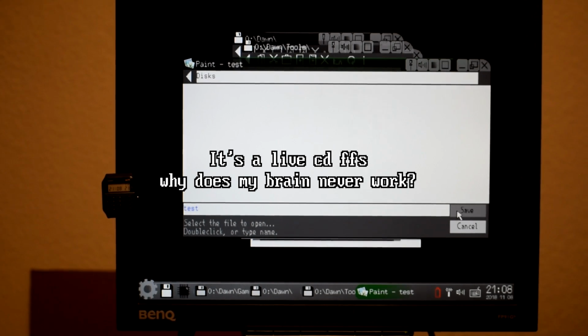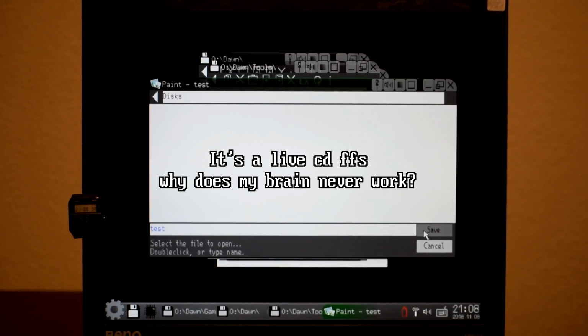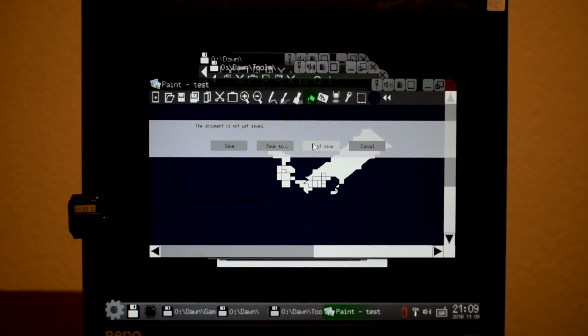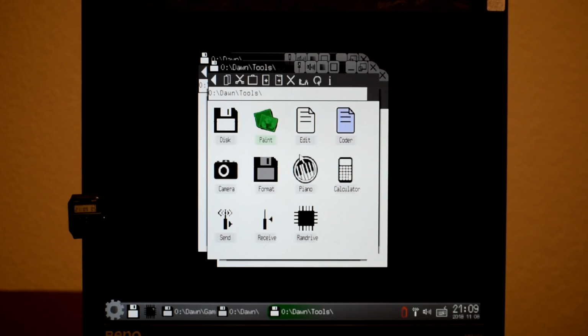Oh god, it's unsavable. Okay, so maybe we can't save it. It's definitely not letting me. Won't let me save in just disks. So saving may not be possible here. Don't save. So we've got